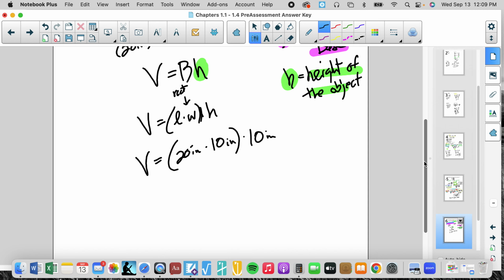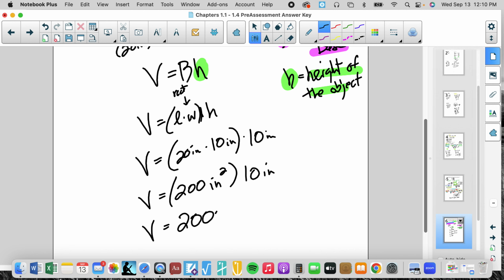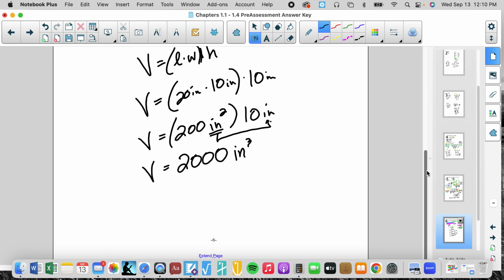So now I'm going to multiply. I'm going to do what's inside the parentheses. 20 inches times 10 inches is 200 inches squared. And I'm going to multiply that value by 10 inches. So 200 inches squared times 10 inches. 200 times 10 is 2,000. And don't forget to do inches squared times inches, which gives me inches cubed. So my estimated value